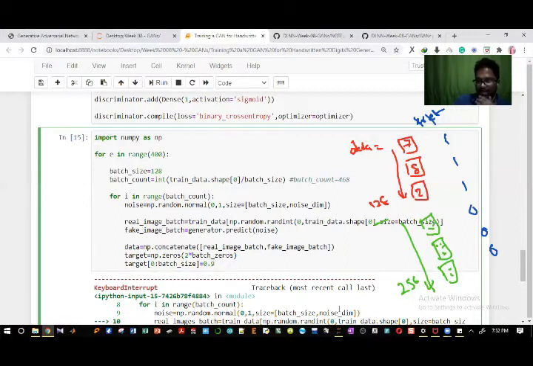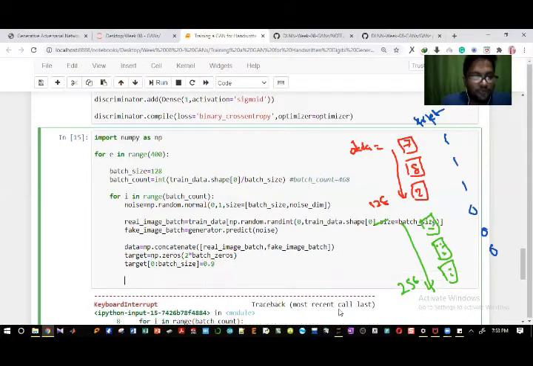So the neural network is trained to think of these as 0.9. That means the generator may be able to give us even better images than these. So it sees that these handwritten digits are not 1 but 0.9. So when the generator is trained, it learns to give good images, even better than the MNIST data set. That's why we usually put a number less than 1, not 1. So now with this,